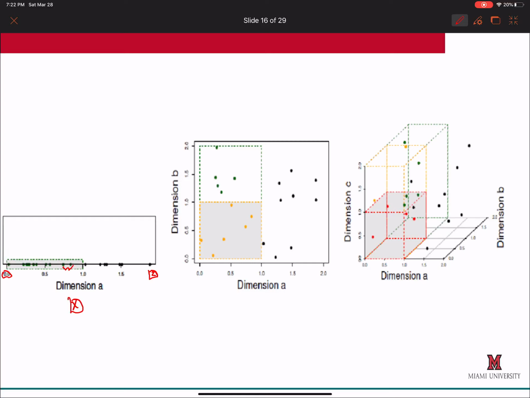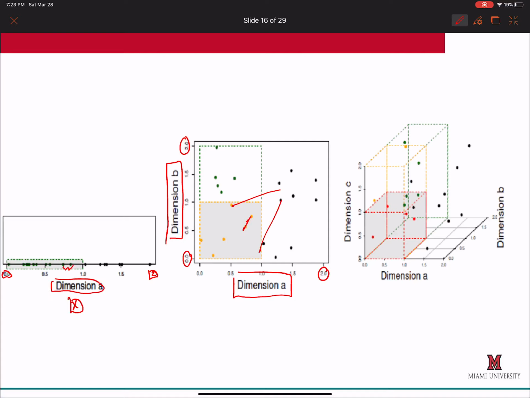And what happens is that when we increase the dimension, let's say we create another dimension B, and that dimension B has the same units, so the same range of values from 0 to 2. Now, what you see is that when you plot, the distance between the points actually starts to become a lot larger. Whether you measure the distance with Euclidean distance or whatever metric, each point will be further away from each other